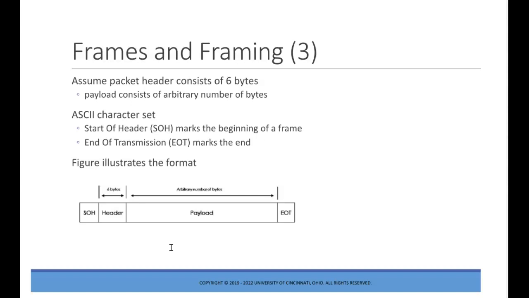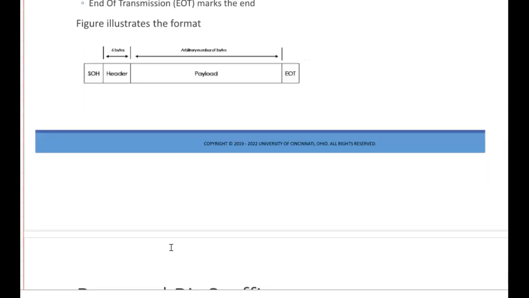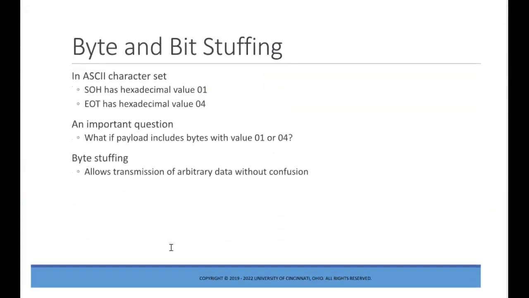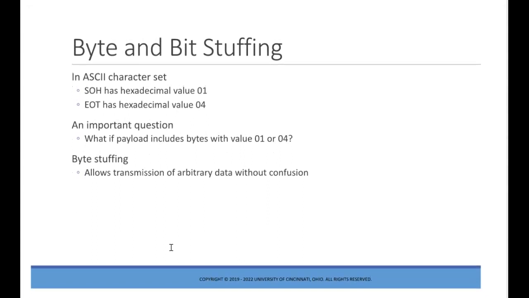ASCII stands for American Standard Code for Information Interchange. In the ASCII character set, the SOH has a hexadecimal value of 01, and the EOT has the hexadecimal value of 04. An important question arises: what happens if the payload of a frame includes one or more bytes with the value 01